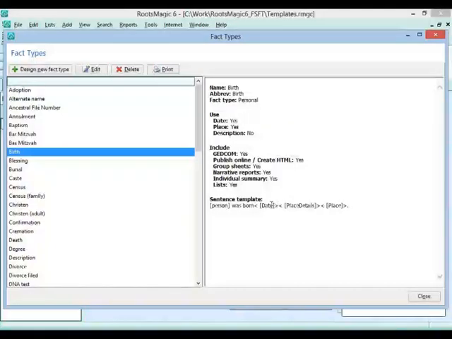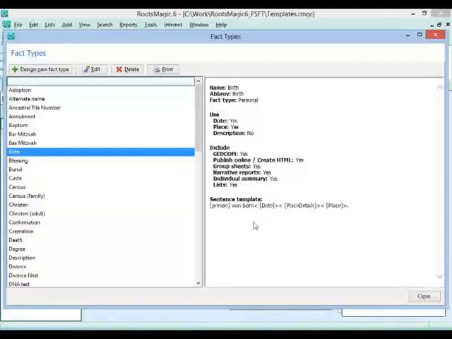And one thing you'll notice is that, for example, on date, it has the angle bracket, and then there's a space, and then the date field, and then a closed angle bracket. And the others do the same thing. There's a space, and then the field, space, and then the field. Okay? What the angle brackets do is they say, if this field is blank, don't print anything in between the angle brackets. Okay? And so basically what that means is if I don't have a date, it's going to say